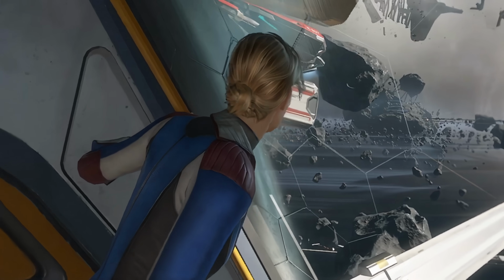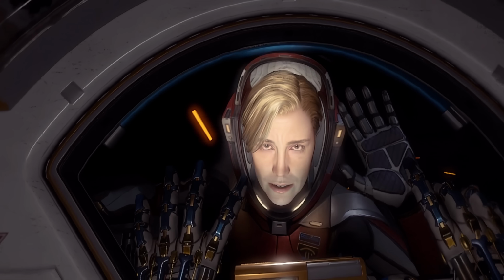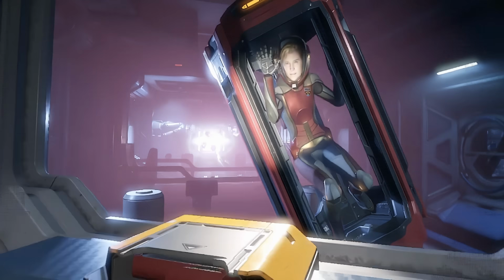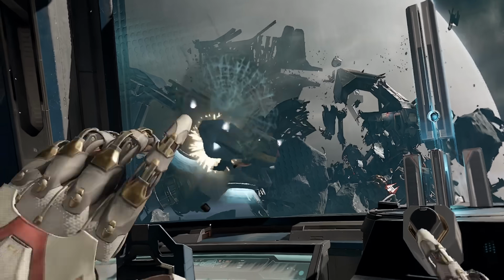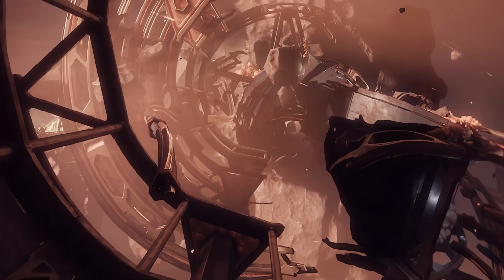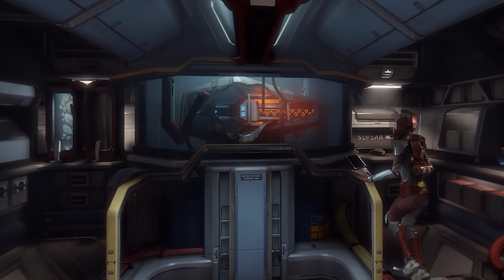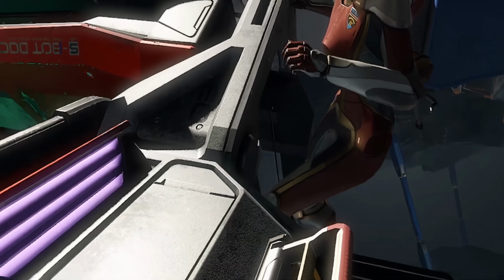In at number 2 we have Lone Echo 1 and 2 by Ready at Dawn. Lone Echo launched in 2017 with Lone Echo 2 launching in 2021, and they're both truly jaw-dropping sci-fi adventures. You get to float and experience zero gravity through space stations and get to interact with incredibly lifelike characters that are far more interactable than nearly any others I've met in a VR game. The game also has a magical cinematic presentation, and I don't think I've experienced anything like it since. These games aren't just visually stunning, they set a bar for narrative VR experiences,